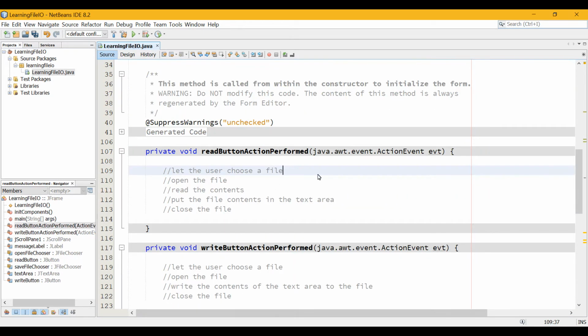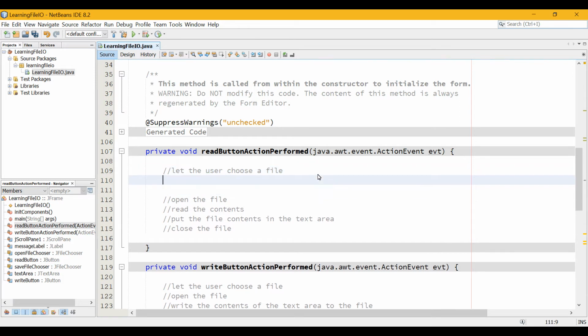Okay, so let's go on to the read method. So we're going to let the user choose a file. There's a few steps here to do this. When the file chooser opens, it's going to return a value depending on whether the user successfully chose a file. So we're going to have to capture that value. We're going to call it return value, and it's going to be open file chooser dot,